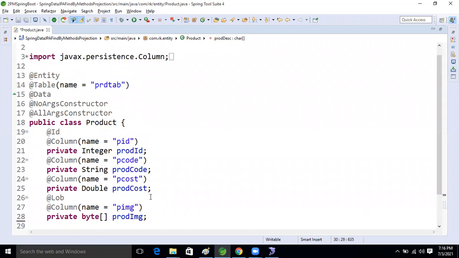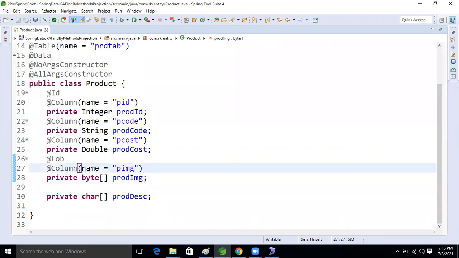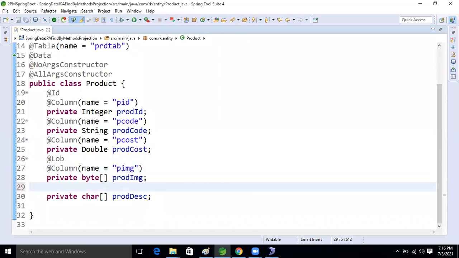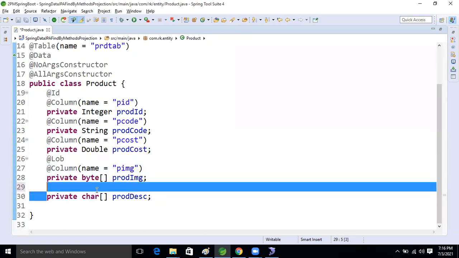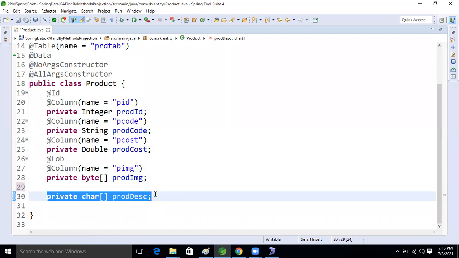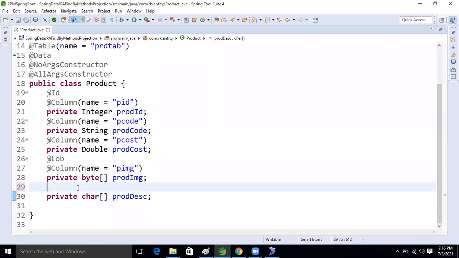Okay, good. So here what I'm taking now? Is this lob insertion or clob insertion? Come on, guys. Clob. Yeah, this is the clob insertion. At the rate lob annotation we will apply again.